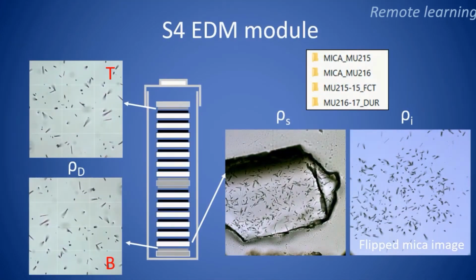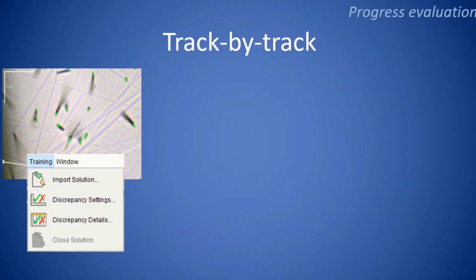In addition, an EDM submodule, which contains images of age standards from 2 irradiation cans, allows users to calculate their own user-specific zeta calibration through analysis of images of apatite and mica sample pairs and their co-irradiated external detectors from standard glasses. And after all the hard work, trainees can compare their manually corrected data with solutions provided in the module,